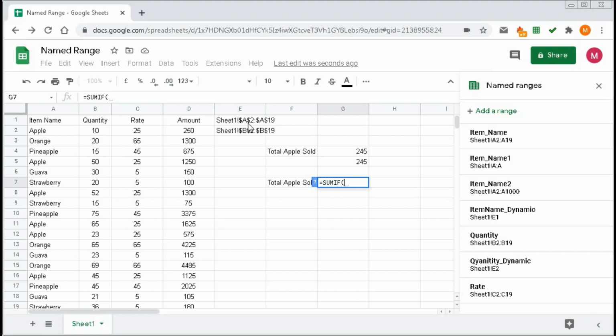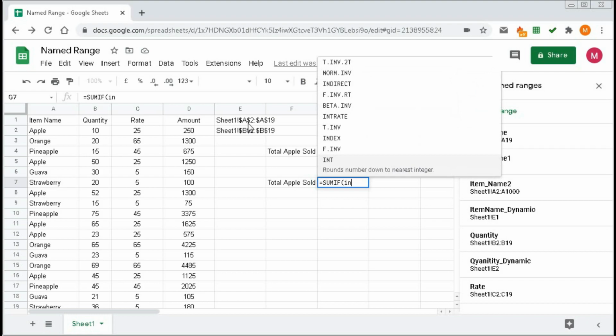You know that this is not a range, this is a text string. To convert a text string to a range, we have to use the INDIRECT formula, because INDIRECT converts a text string to a range.